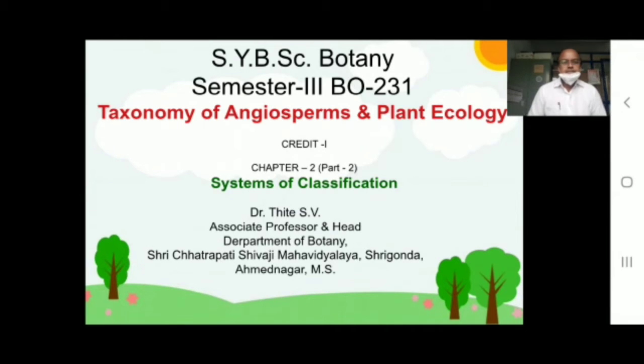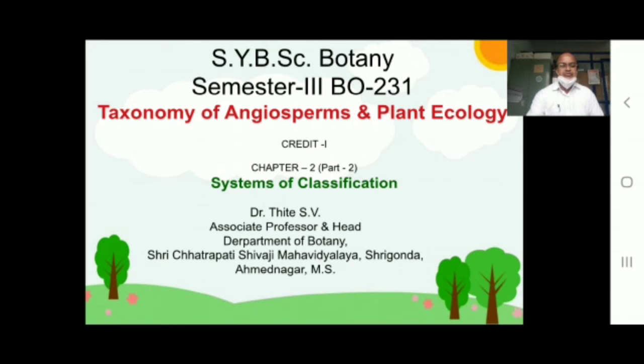Good morning, students. We are going to continue chapter number 2 with the natural system of classification, which is given by the Bentham and Hooker system. According to the Bentham and Hooker system, the division Phanerogams is classified into three classes: Dicotyledons, Gymnosperms, and Monocotyledons. First we see the first class, the Dicotyledons, which is again classified into three